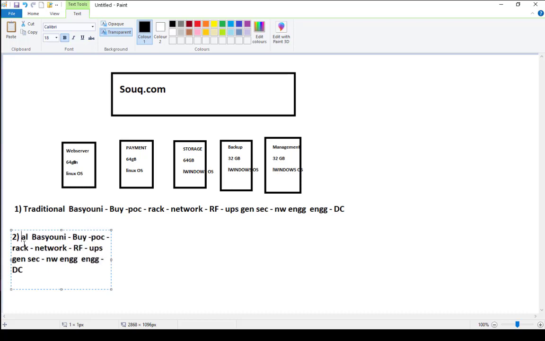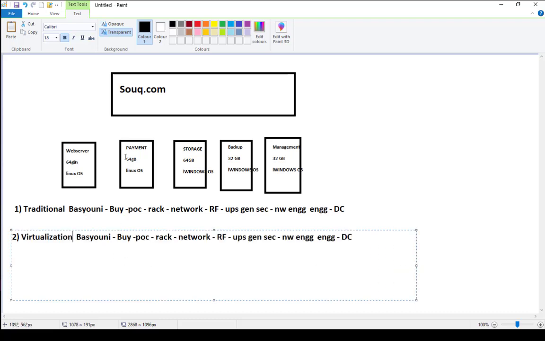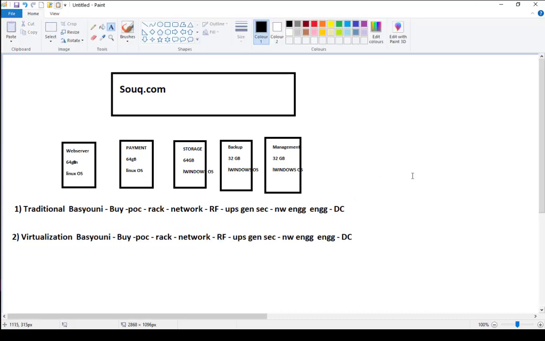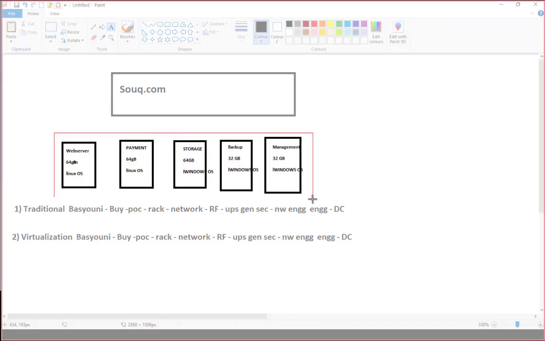In this, guys, try to understand this virtualization concept. In virtualization, you have to buy the server, but in one server you can run multiple operating systems. You have to do a POC. Instead of five hardware servers, how many servers do you have to buy? One server. You have to buy small racks, a small network. You don't need much network. If it is a small data center, you can manage with one small switch. Again, raised flooring is reduced five times based on how many operating systems you are running on one hardware. So guys, the point to say is, whenever you have virtualization,